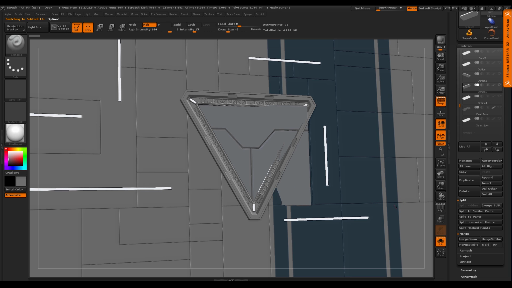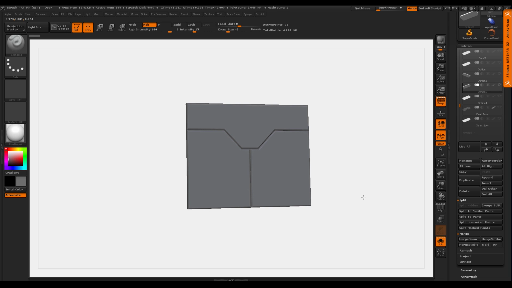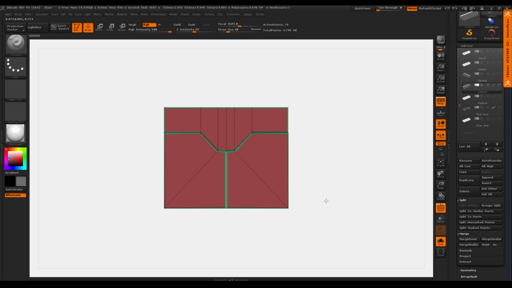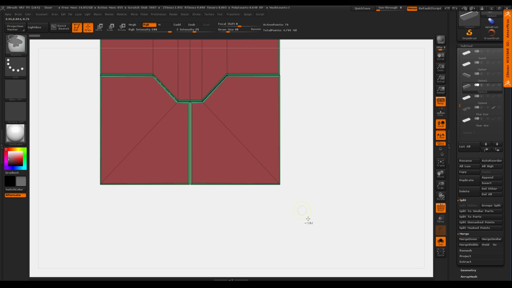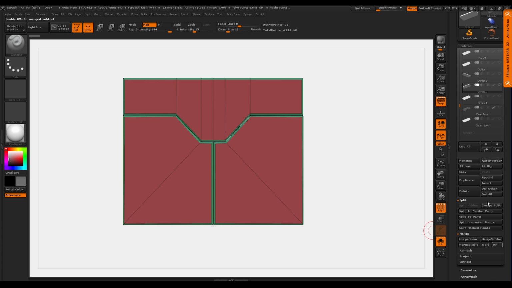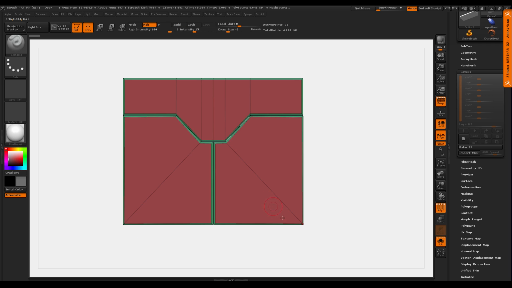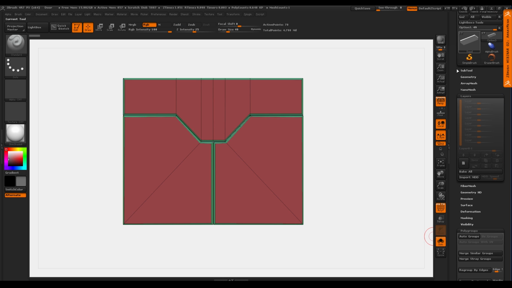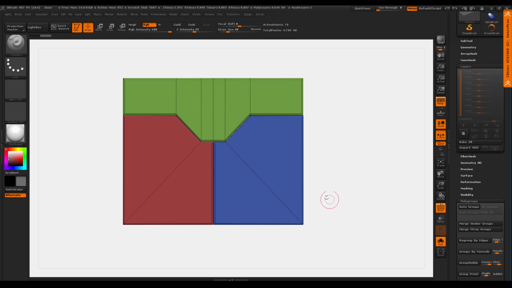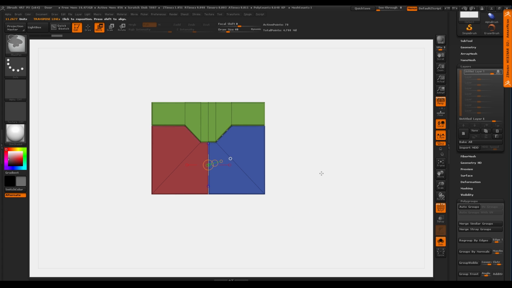So if we just look at just this piece right here, right? I can just polygroup these off, right? So what I like to do is, because I have 3 distinct shapes here, to get a quick polygroup, I'm going in the tool polygroup option, and I'm just doing an auto group. So then obviously what ZBrush is doing is giving it 3 groups, and then I can turn on my layer, and then now I can move these wherever I want to go.